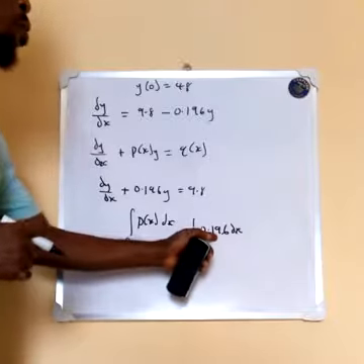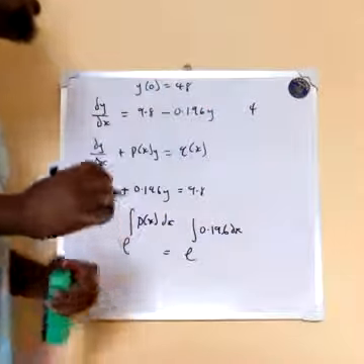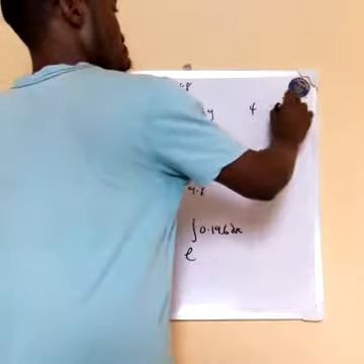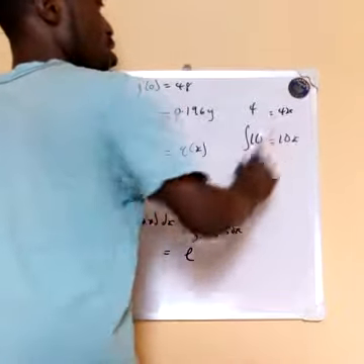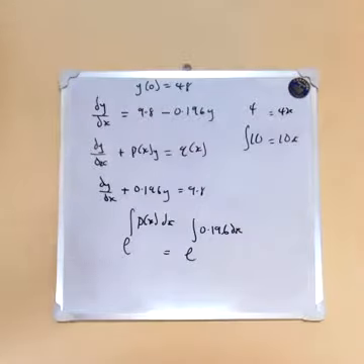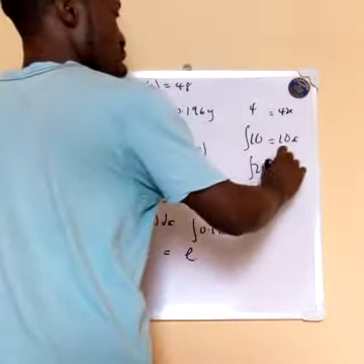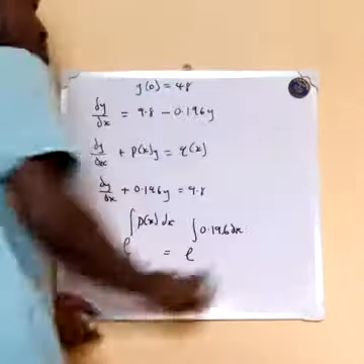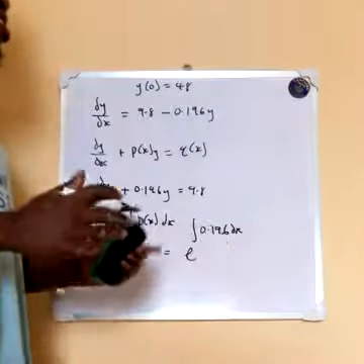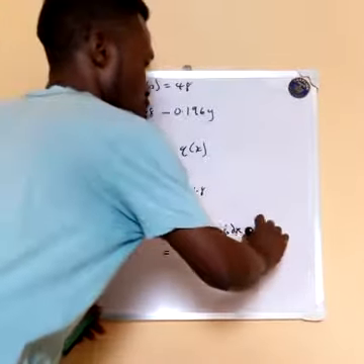You have 0.196 as a constant. When you have 4 as a constant and you integrate it, you just put 4s. If you integrate 10, it is equal to 10s. So when you integrate a constant, you add s to it. A constant is a term without a variable. When you have 20, the integral of 20 equals 20s. You can use the same concept here. So 0.196 is a constant, and when you integrate it, you have e raised to power